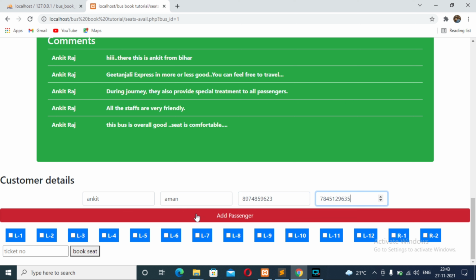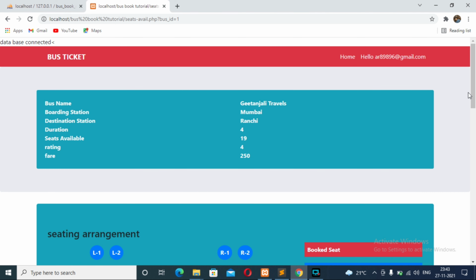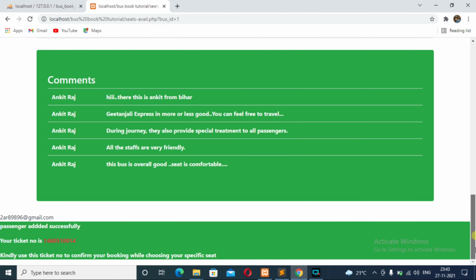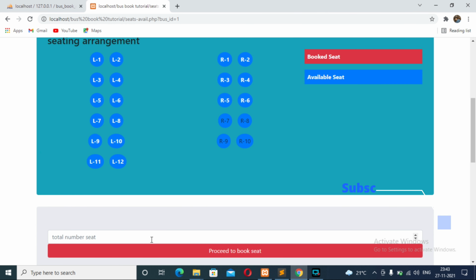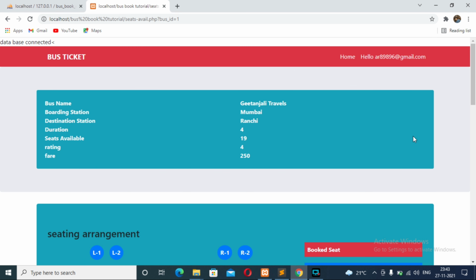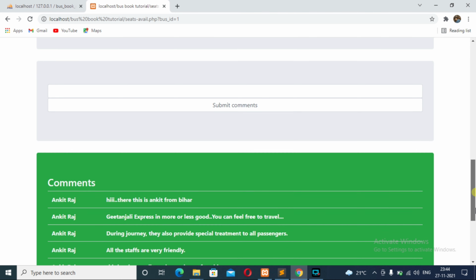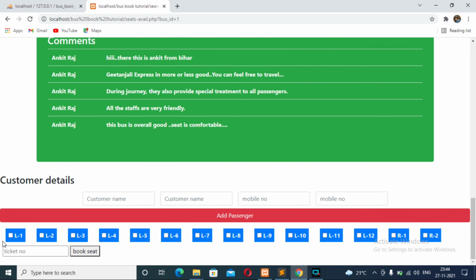Now I am going to add these passengers. As you can see on the screen, passenger added successfully. Your ticket number is shown, so I am copying this ticket number and again clicking on proceed to book seat. At the end I am booking seats L1 and L2.